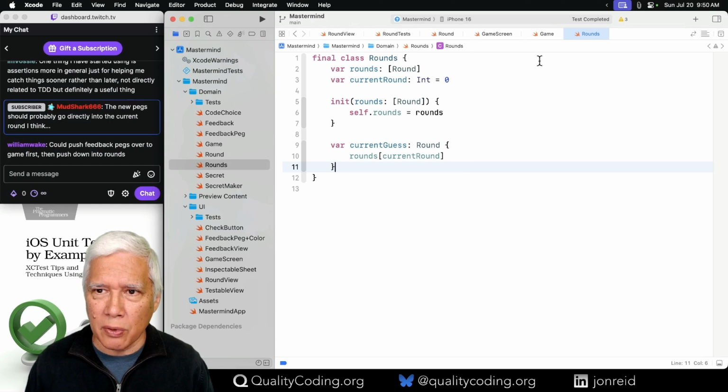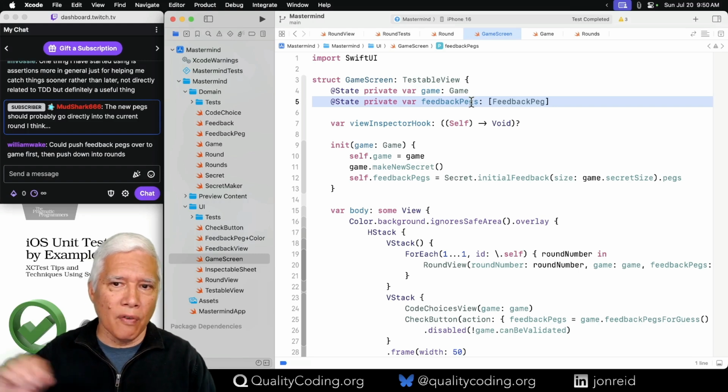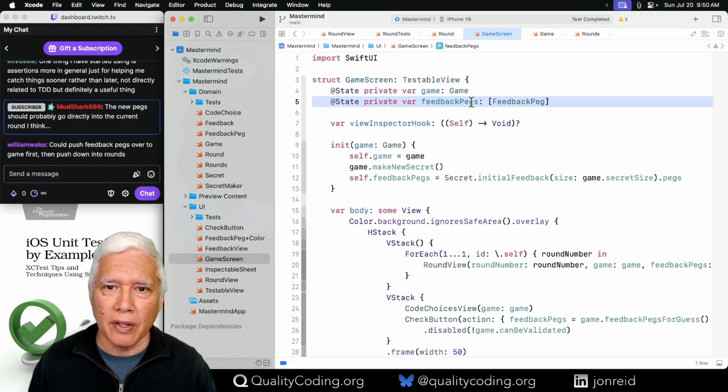All right, let's go with Bill's idea. It is a good one. Over and then down.